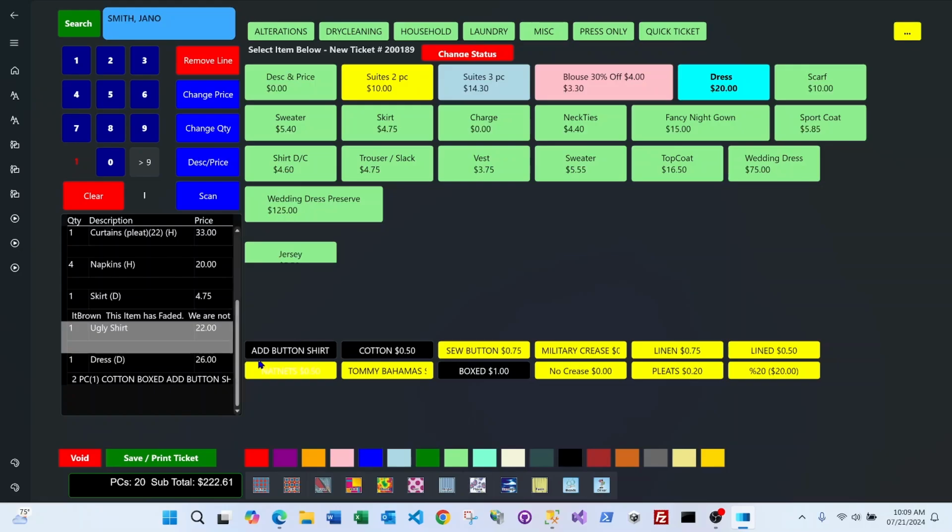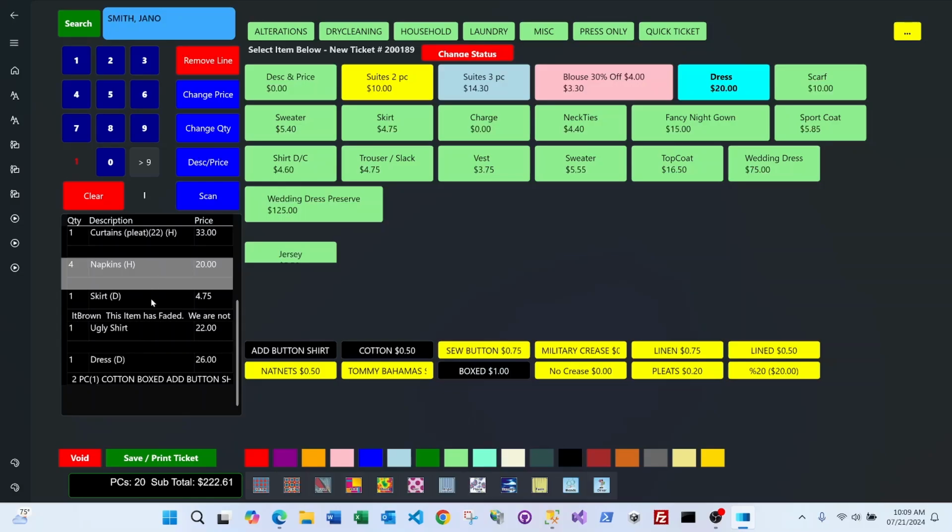And it'll add that 6 only for the buttons, but not to the overall quantity of the dress itself. And that's very important. So we're going through a lot of major things, but basically it's choose your class. It defaults to dry cleaning. And then choose your quantity and the item, or just click the item and then add the optional upcharges, colors, and fabrics. If the customer decides, hey, wait a minute, $221 is too expensive, of course, you can select any